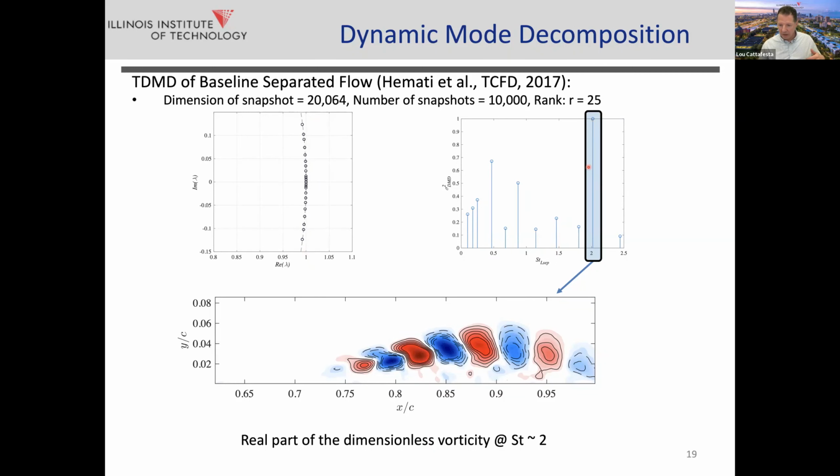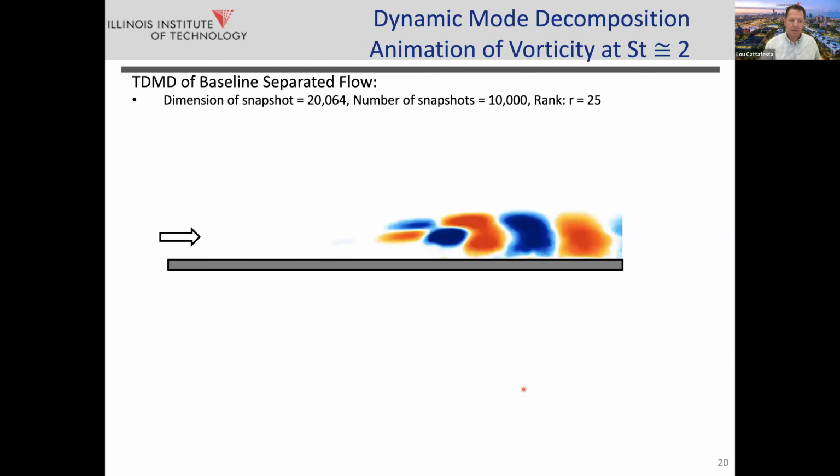And if we look at the most energetic mode, which is right at a Strouhal number about 2 that I mentioned earlier, and then plot what that mode looks like, this is the real part of that mode at this corresponding frequency. And you can see, essentially visualize, the structure of that shear layer that was lifting up off the surface and rolling up into these discrete vortices. And so the idea is that clearly these things are going to be propagating along the plate, and they should leave a footprint that can be detected by the pressure transducer array beneath it, right?